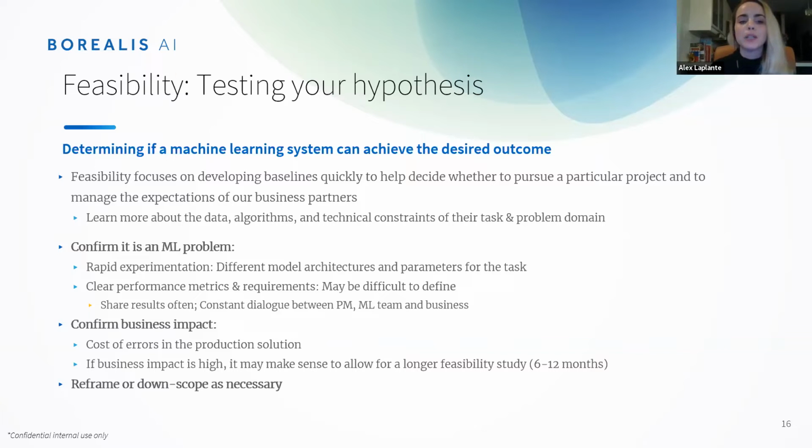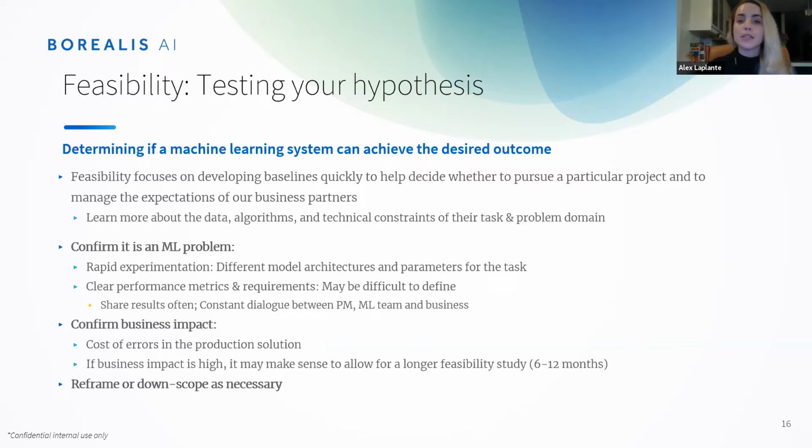Again, it comes back to confirming business impact. So thinking about the cost of errors. If you have a need for an almost perfect solution, like 99.9% accuracy, that might not be a machine learning solution. And last but not least, coming back to this idea of iteration. It's all about reframing, potentially downscoping. And so what we might find after doing a series of experiments is we couldn't do the initial task we defined, but in that exploration of data, we actually found this other really interesting task that we think is going to have big business impact.